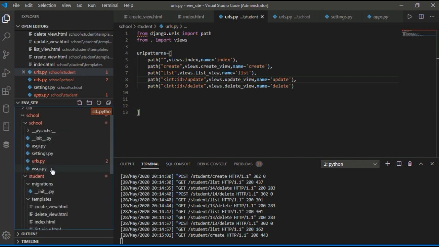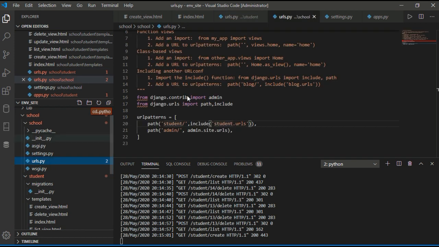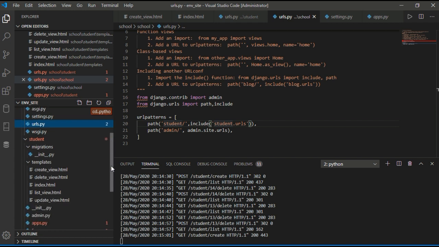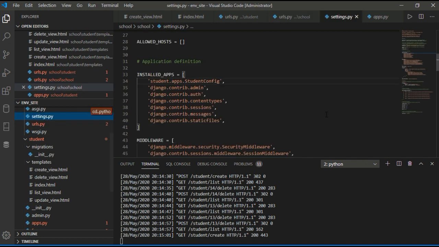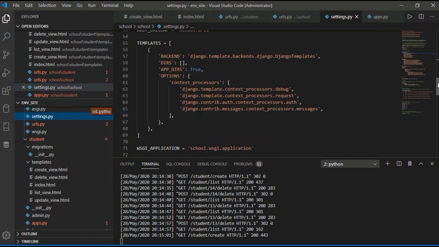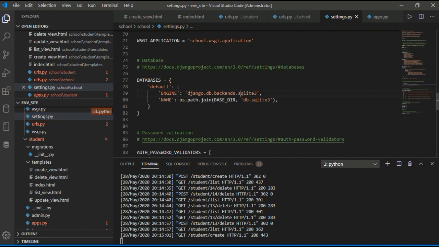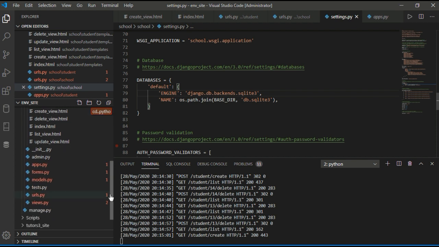After that we have added urls.py, and this is all index, create. These URLs, this urls.py file will be added to the project urls.py here, in the URL patterns, student and student.urls.